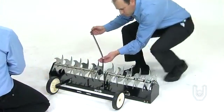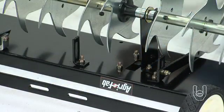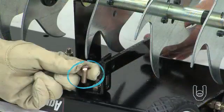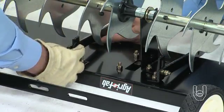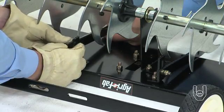Next, you'll attach the hitch arms to the assembly. First, take the 2 hitch arms Part 11 and attach them to the outside of the hitch arm mount brackets that are on the bottom of the tray. Insert 2 carriage bolts Part E from inside the hitch arm mount brackets through the aligned holes at the end of the hitch arm, and secure the bolts using 2 nylock nuts Part G, but do not fully tighten the